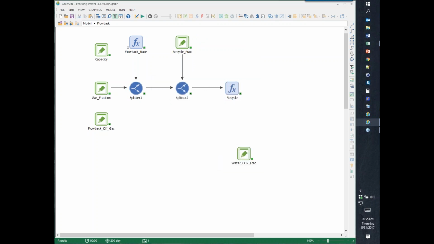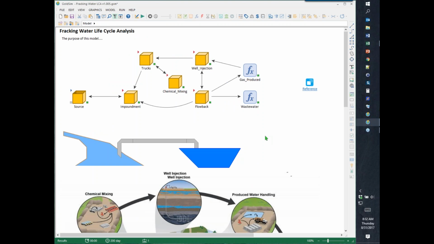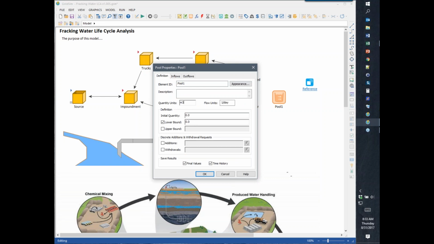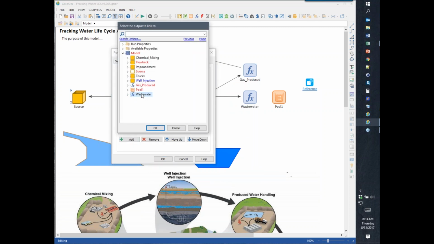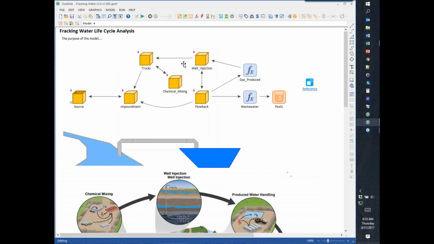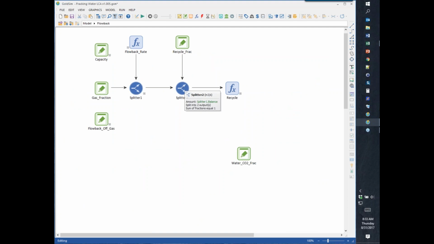So in reality, you'd probably have a pond holding the wastewater and then truck it off or treat it or whatever they're doing there. So then you'd probably want to have another pool element here to have some wastewater pool. The inflows, wastewater. And then you could track how much wastewater goes in there, like that. Okay, so with these splitters, then we can have the recycle just loop back around into our impoundment,